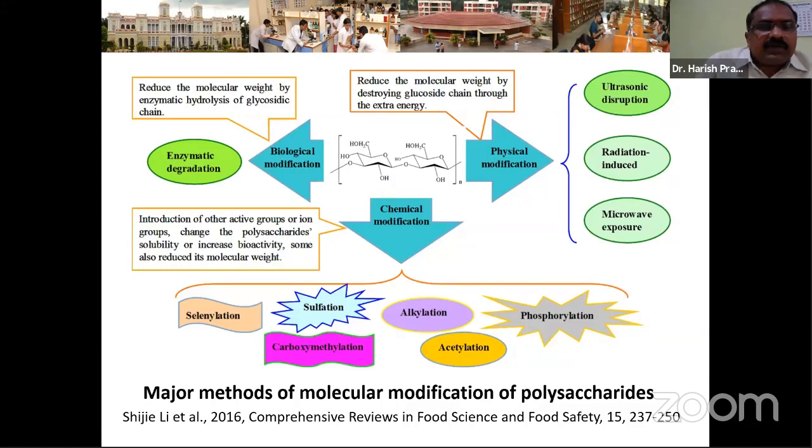Next is chemical modification. It's a huge and industrially feasible part where the modification will be done in various capacities, whatever the end products we require, accordingly we modify. It can be sulfation, carboxymethylation, acetylation, phosphorylation. So there is a lot of modification we can do for polysaccharides for their